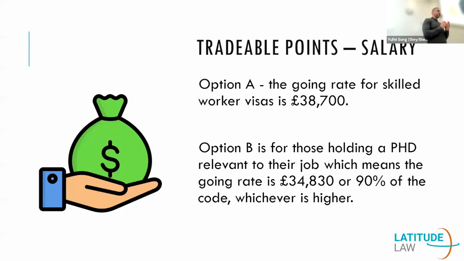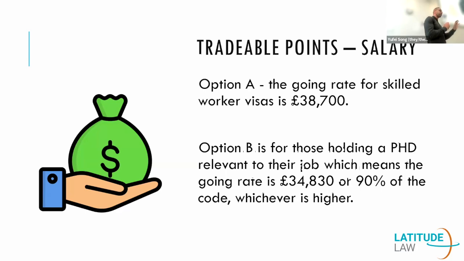The other, in regards to the remaining 20 points, they're known as tradable points, but to simplify things, let's just call it in regards to salary requirements. There are certain ways you can meet the salary requirements, and we've tried to make it as simple as possible. What's most likely going to be applicable for you, having to switch at this stage to a skilled worker category. There are different options, and the main ones that we're going to focus on are A to E, which I'll explain shortly, and there will also be another category,